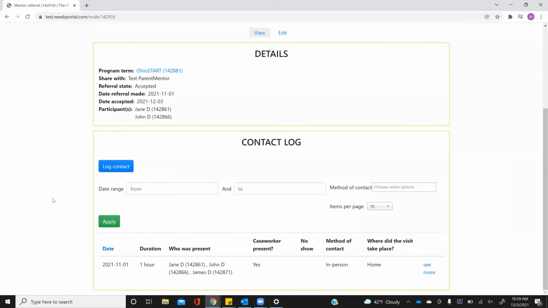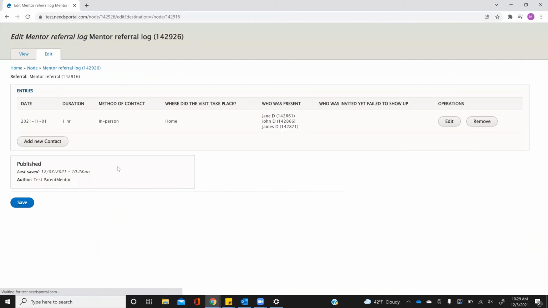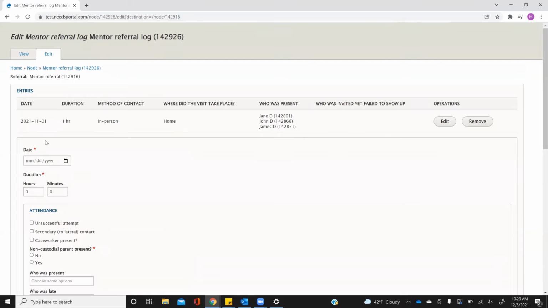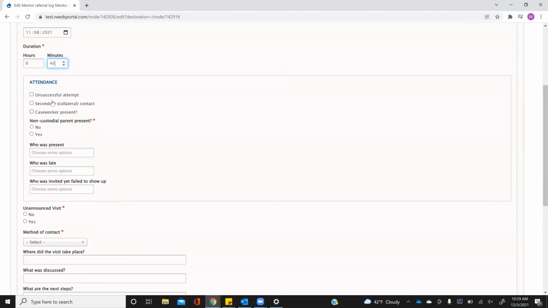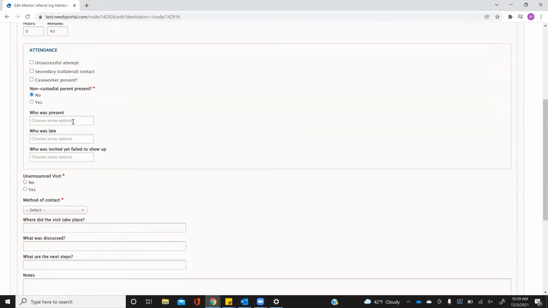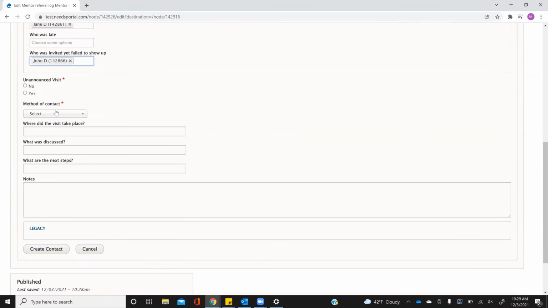Let's try that again. We'll go into Log Contact, Add New Contact, and the date. You'll include the duration. You can select any of these attendance boxes that are true. Just select who was present. We'll say in this case, the dad was invited but wasn't able to make it. Or maybe he no-showed. You'll select if it was unannounced, the method of contact, where it took place,